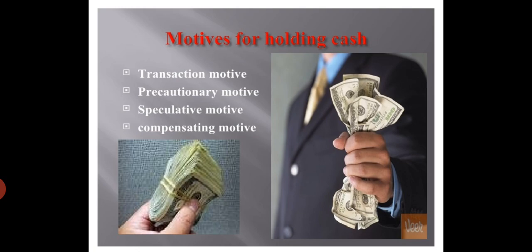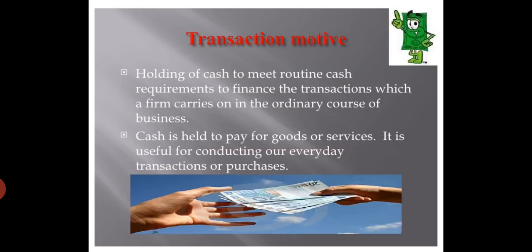There are four motives for holding cash. Number one, the transaction motive; precautionary motive; speculative motive; and compensative motive. So these are the four motives for holding cash in the business. Then we are going to discuss them one by one. Number one, what is the transaction motive? Holding cash to meet routine cash requirements to finance the transactions which a firm carries on in the ordinary course